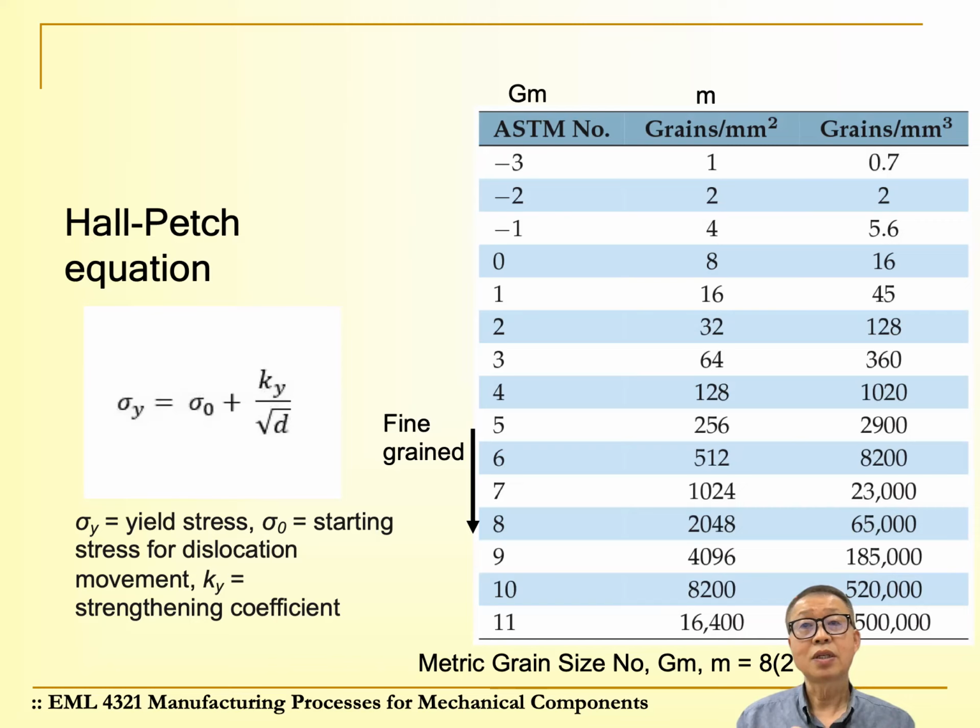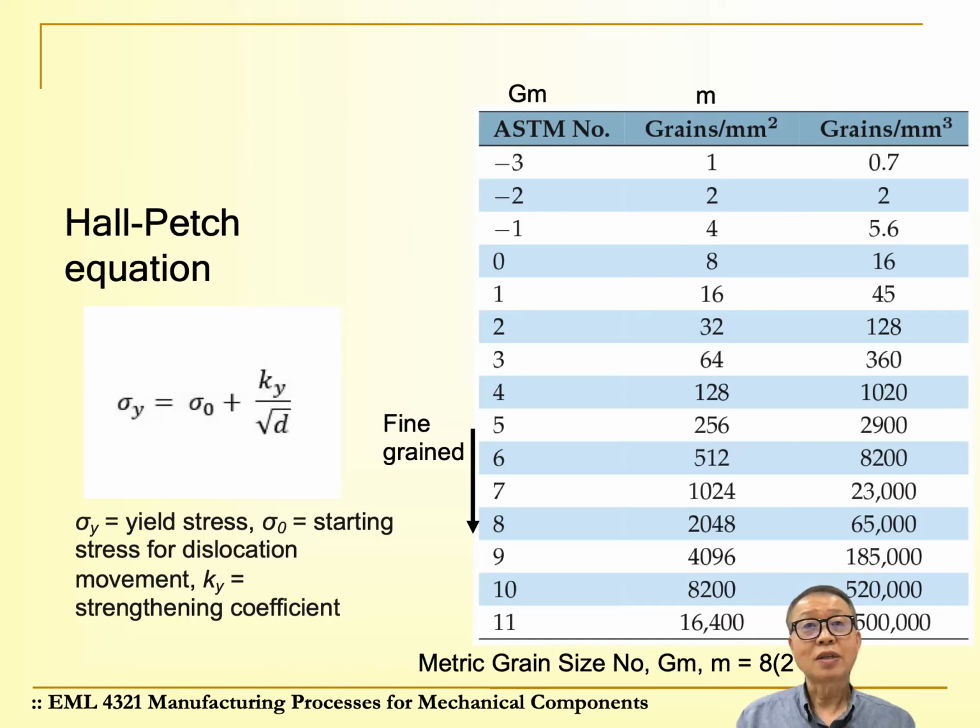Because smaller grains result in a lot of grain boundaries, basically a lot of barriers for the dislocation movement. So this whole Hall-Petch equation describes